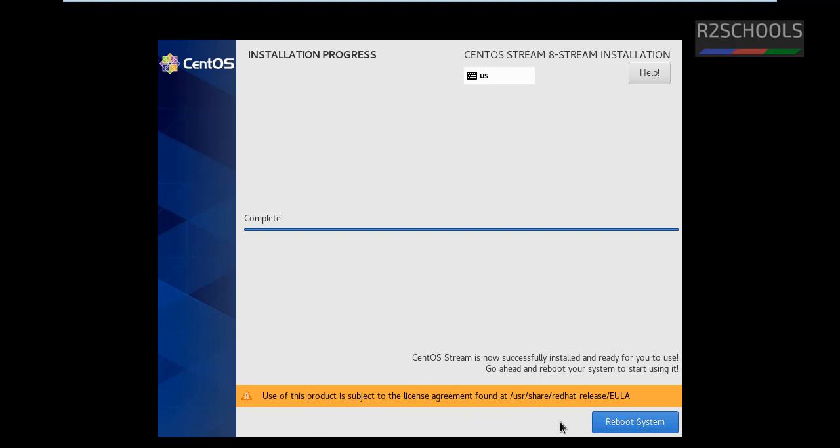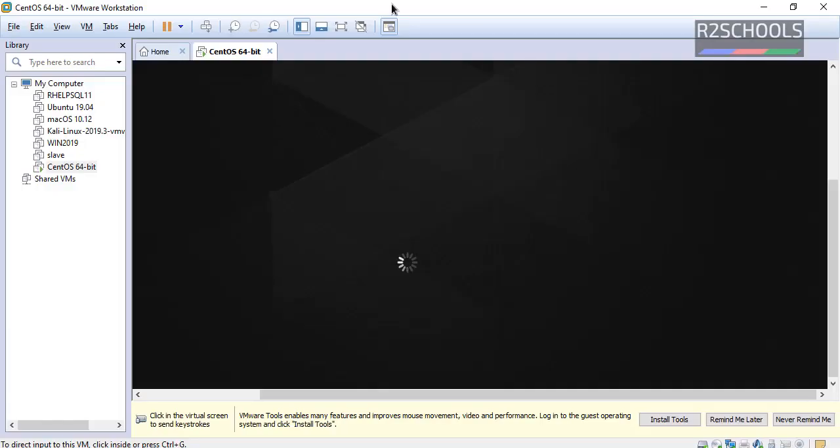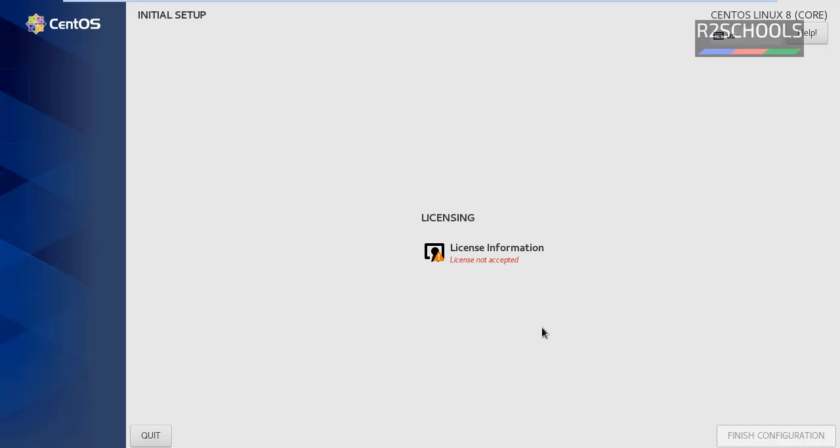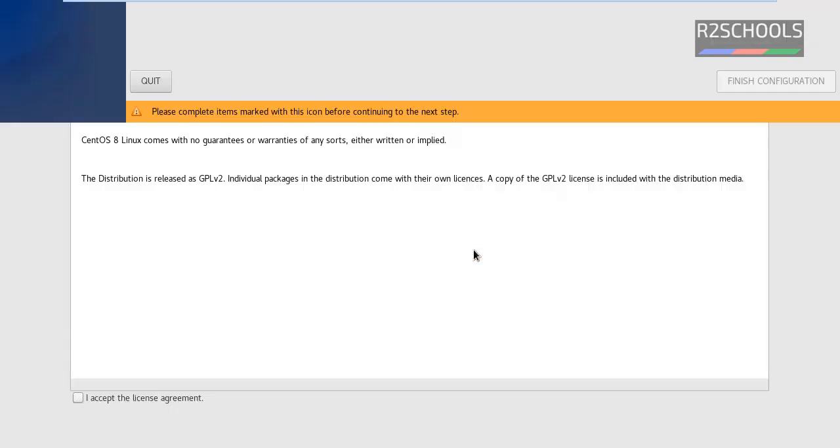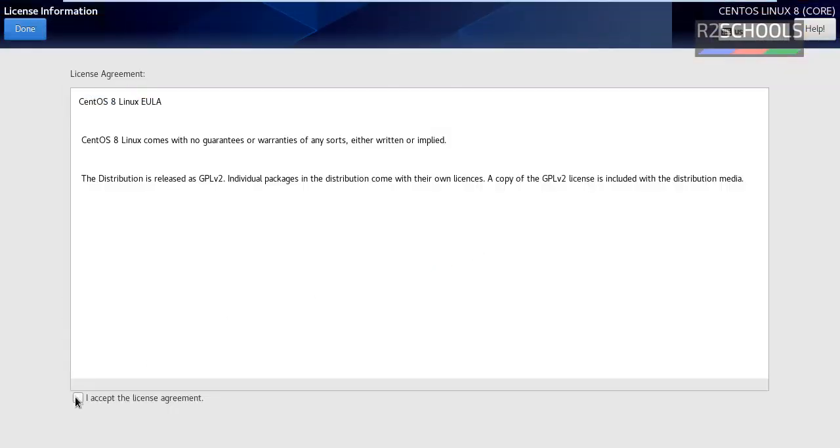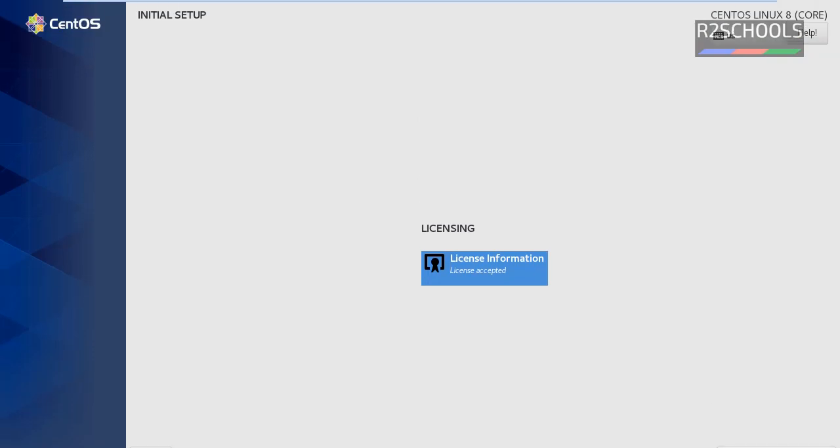Also, once the reboot is successful, we have to accept the license agreement. Click on reboot. Now we have to accept the license agreement. Click on license information, then select this checkbox and click on done. Click on finish configuration.